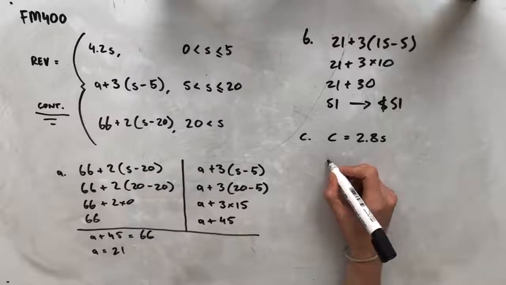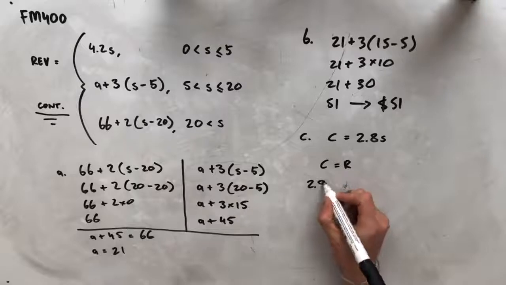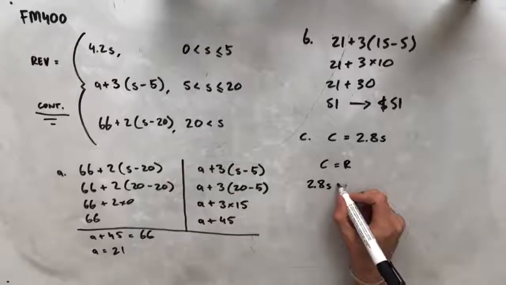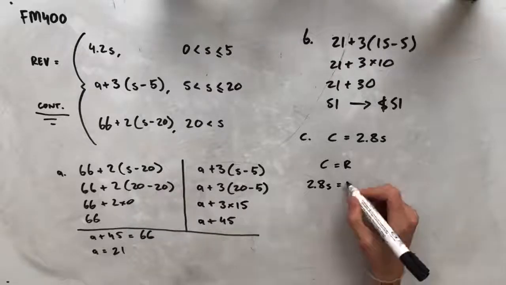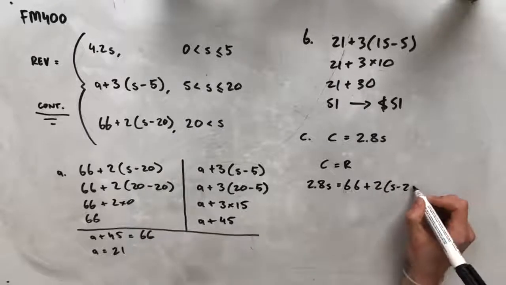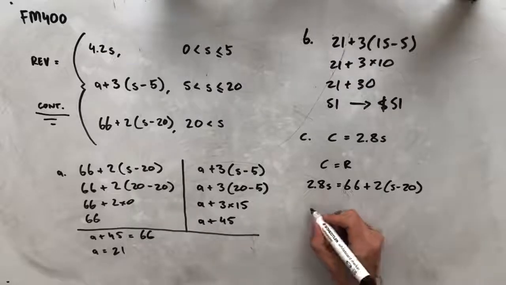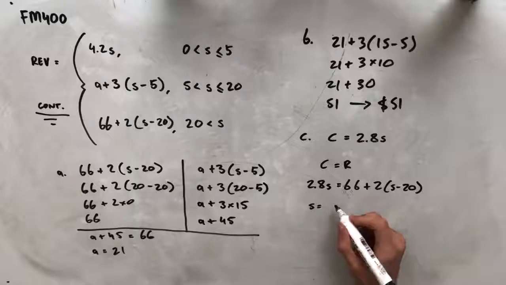So we're looking for the point where C is equal to R, which in this scenario is 2.8S equals 66 plus 2 times S minus 20. Solving this equation using your calculator or by hand should get you to an answer of S equals